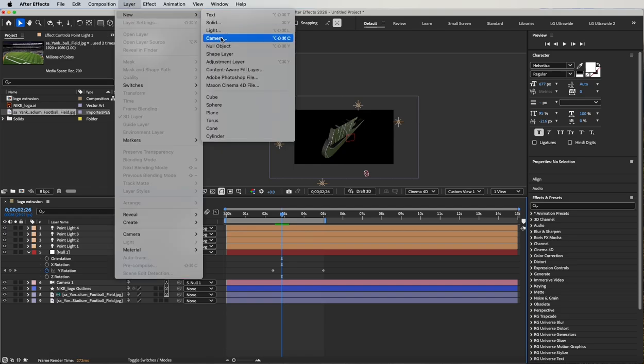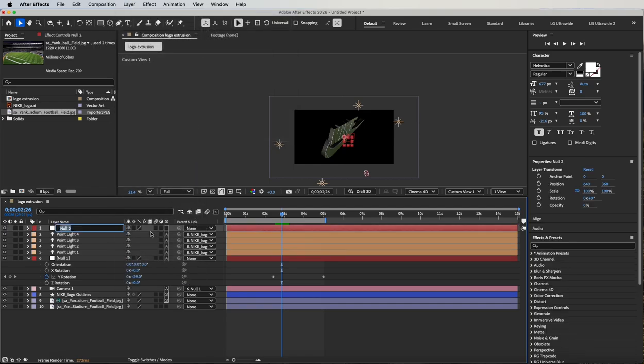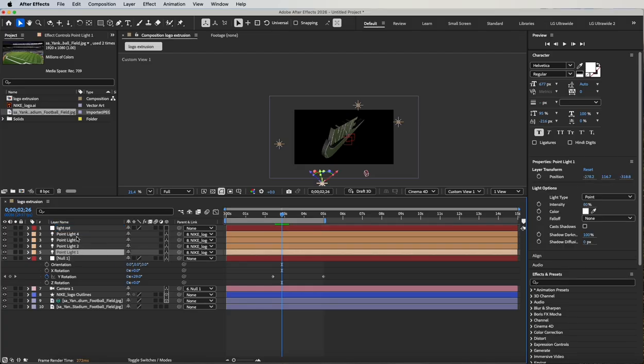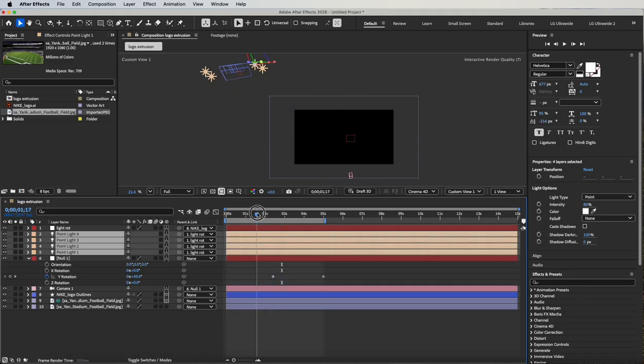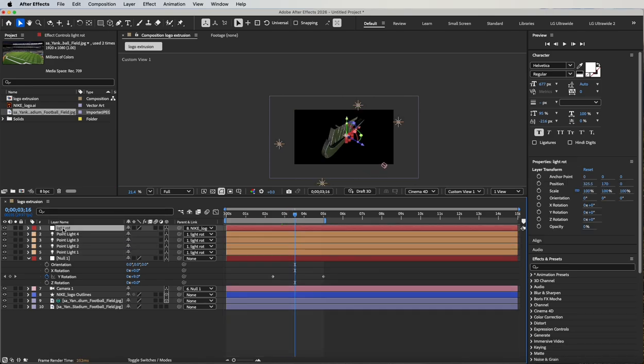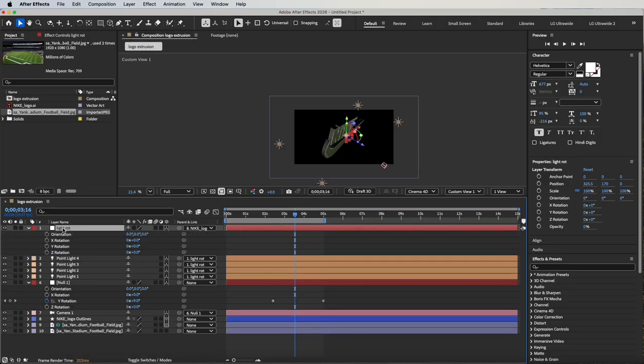If I make another null object in the center of the scene, and I'm going to call this light ROT for rotation, I'm going to link the light layers to that layer, making sure the 3D switch is on. But then I'm going to link that layer to the model, because again, I want the lights to stay with the model when it animates into the scene, right? But now that I've got this null object here as a kind of intermediate layer, I can use that layer's rotation to rotate my light rig